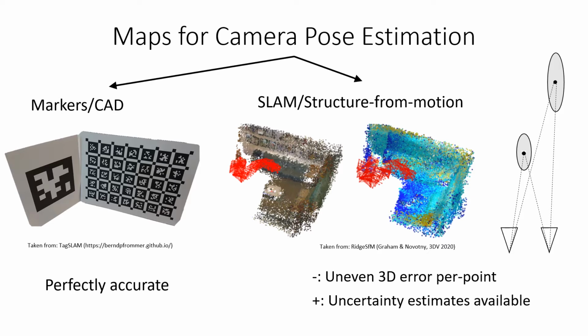Historically, camera pose estimation algorithms were used for images of objects with known, perfectly accurate CAD-like models. However, nowadays we often use maps built using structure from motion or visual SLAM techniques, where accuracy changes significantly from point to point because of feature detection inaccuracy and the triangulation errors growing quadratically with point camera distance.